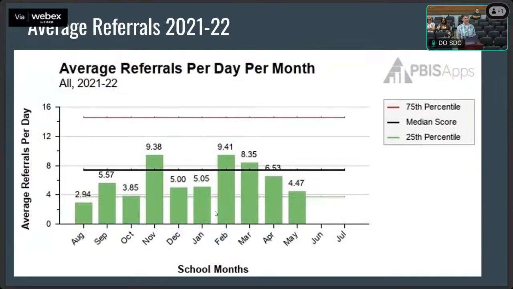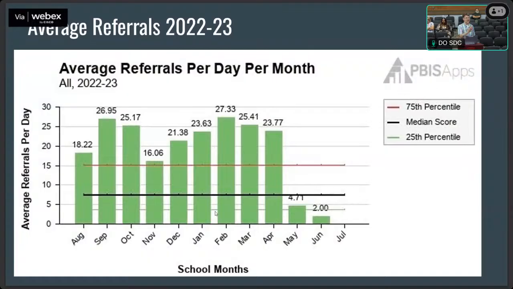All right, keep going. 2022. So this year, I'm not sure what happened this year, but there was a lot of turnover at Barstow High with administration. We had several principals switch out, and so I'm guessing that's part of it. Probably not the whole story, but notice it's not going up to 16 this time. It's going up into the 30s, and this is probably where we got in trouble with the state. And the red lights came on, and they said, "Let's go check out Barstow High School." All right, let's go to the next one.